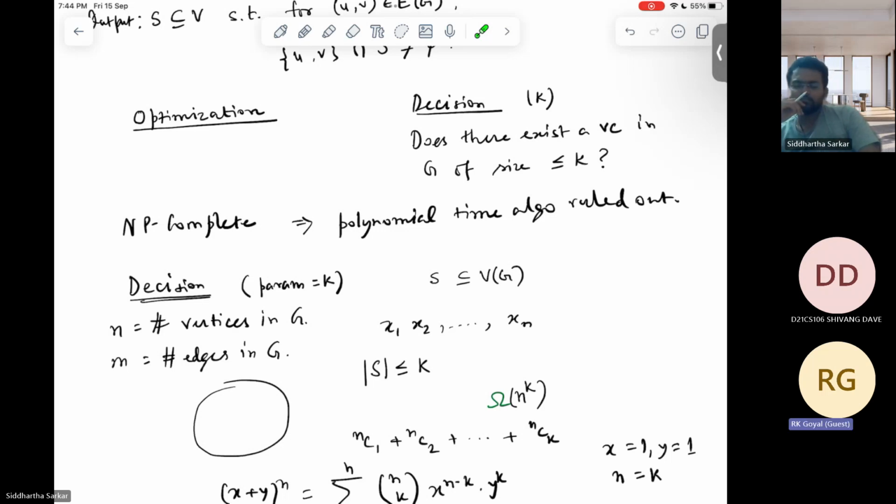So n choose 1 and n choose 2. Yes, this is correct, that we can have these many subsets, n choose k. But then the sum of this quantity would be